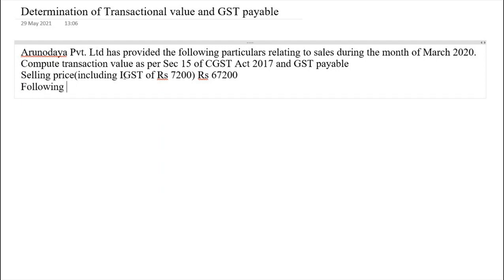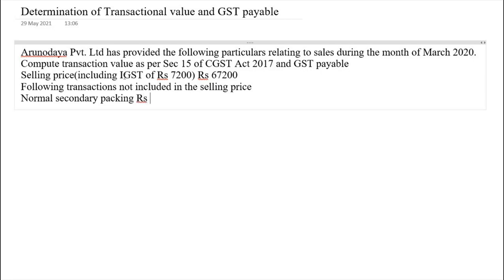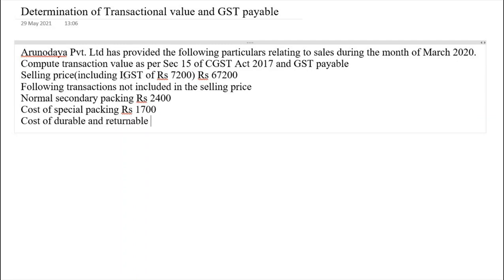Following transactions are not included in the selling price: normal secondary packing rupees 2,400, cost of a special packing rupees 1,700, cost of durable and returnable packing rupees 1,300,